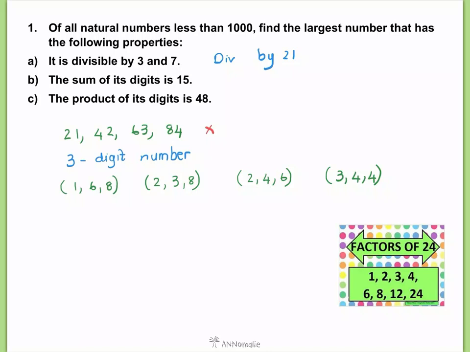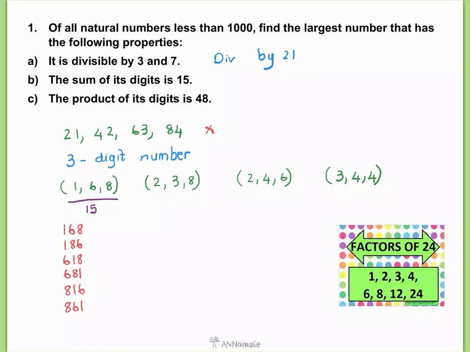If we look at these, only the first one has a sum of digits of 15. So only the first one has that quality. If I arrange the numbers, it could be 168, 186, 618, 681, 816,